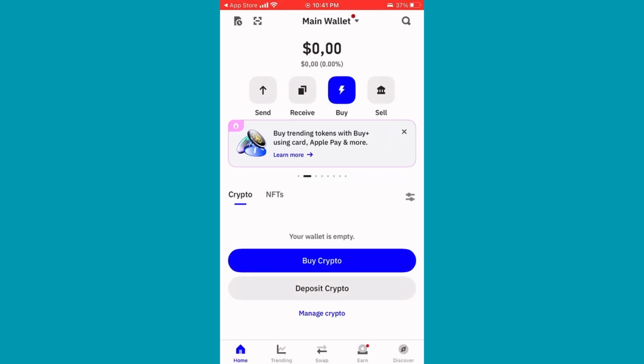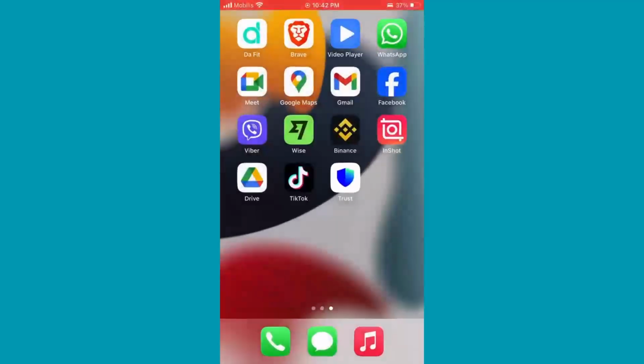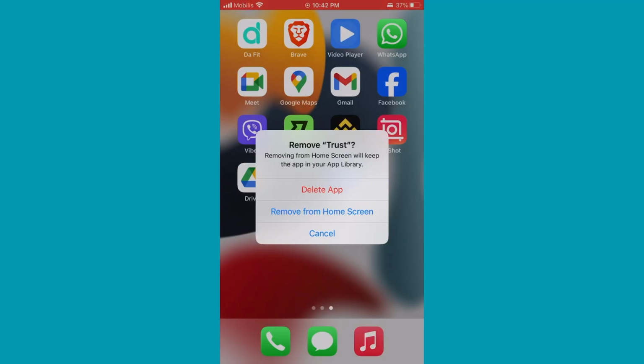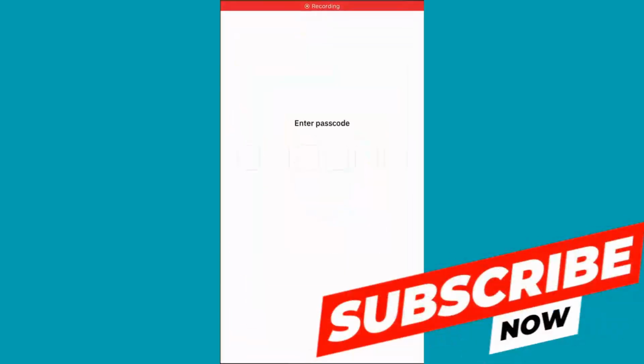Today friends, I will show you how to withdraw from a Watch Only Wallet on Trust Wallet. So guys, the only solution that I found when I searched is to uninstall the app. Click on remove the app, guys. After removing the app, you should download it again. After downloading the app, guys, you can